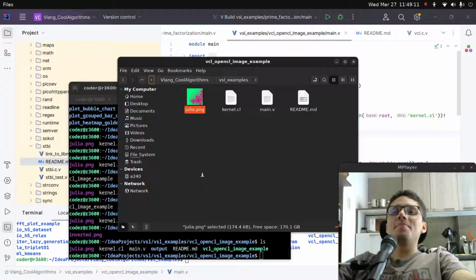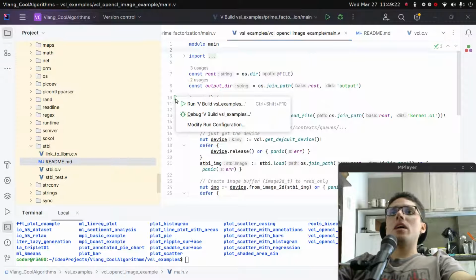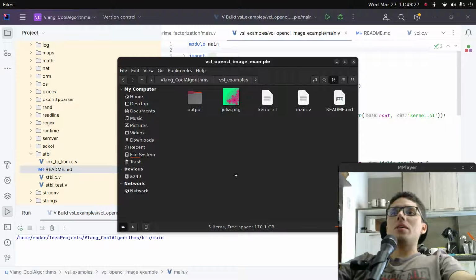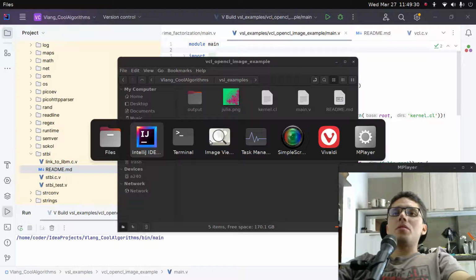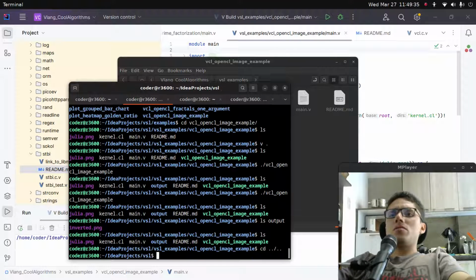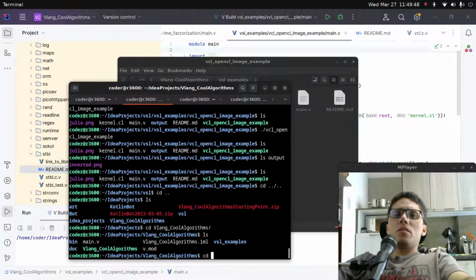Oh, I'm not in the right directory. I didn't run this. So I will run it now from here. I'm in another directory. Now it's an output. So what is the thing that I was doing wrong? Basically, I got confused with this. I think this is an alt clone or something. Or just a clone. So here I should have done cd Vlang cool algorithms, and here cd